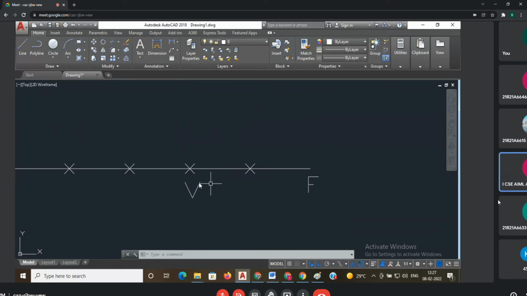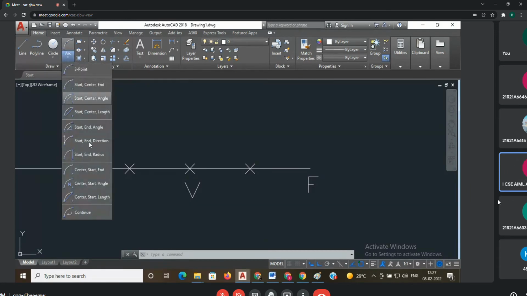Okay. Next, after finding the vertex point, we have two methods. One is the arc method, one is the circle method. First, the arc method.